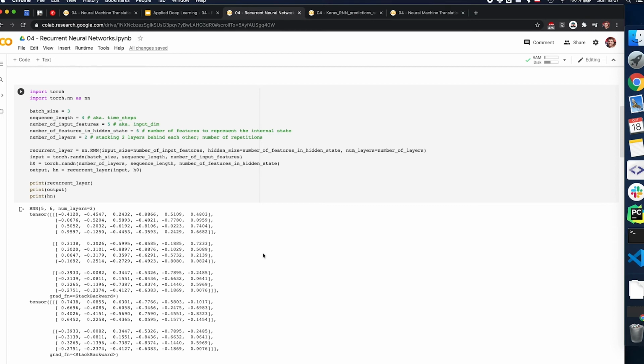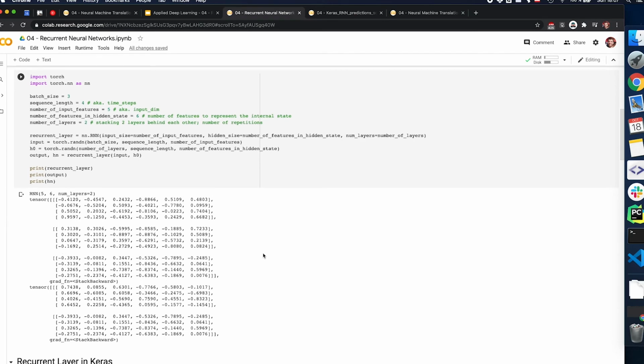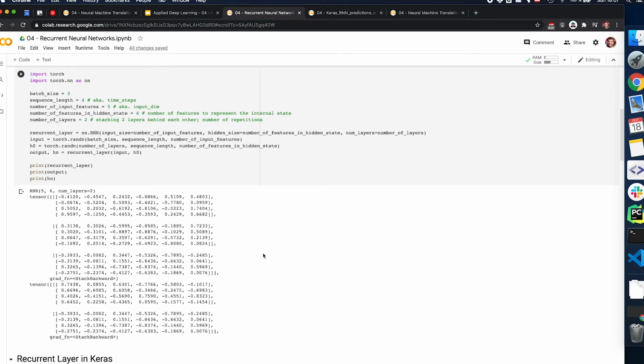We can say the batch size is 3, sequence length, or the number of time steps here, would be 4, and the input dimension, number of features, is 5. We also say that the number of features in our hidden state is 6, so that's the number of digits that represent our internal state. So we can have 6 numbers that we're passing along through our hidden units, and we're stacking 2 layers behind each other. We're saying the number of layers should be 2. And then we feed all of that into